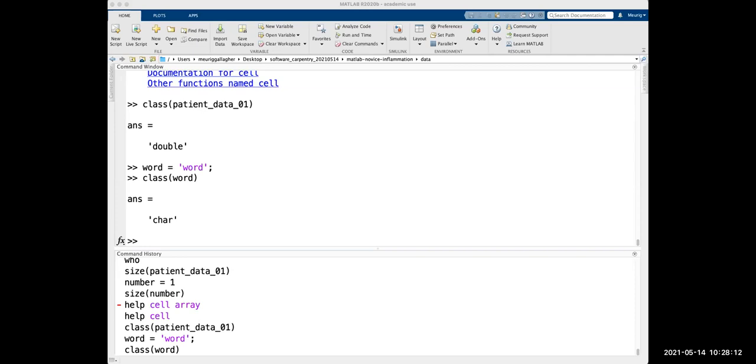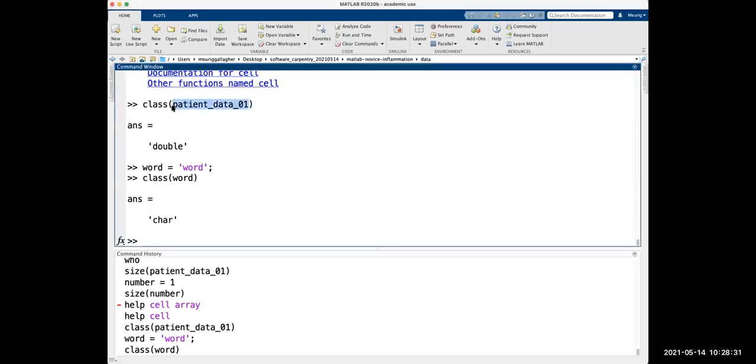So let's think more about arrays then. I think we'll do this section and then have a little 5-minute break, because I'm definitely feeling like it's time for my caffeine top up and needing a coffee. So we're going to think about this array that we've loaded in, which we've called patient data row 1. And we're going to think about, what if we want to access a certain part of it, or a certain part of any array, and maybe do some stuff to that.